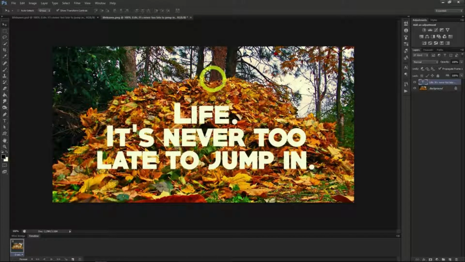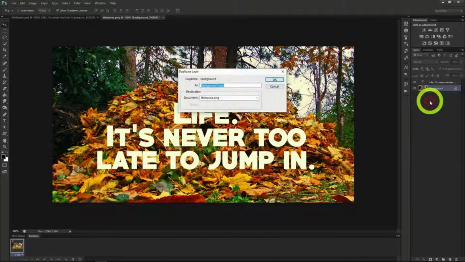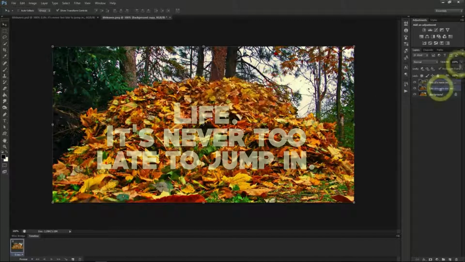To do this, let's create another background layer copy on top of the text. And we can drag the opacity down enough so that we can see the words behind it. Doing this will allow us to see what leaves overlap onto the letters, and we'll begin extracting the letters using